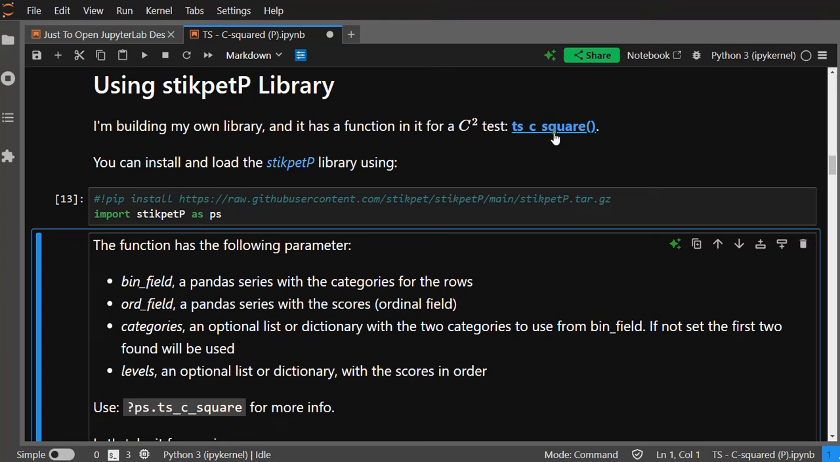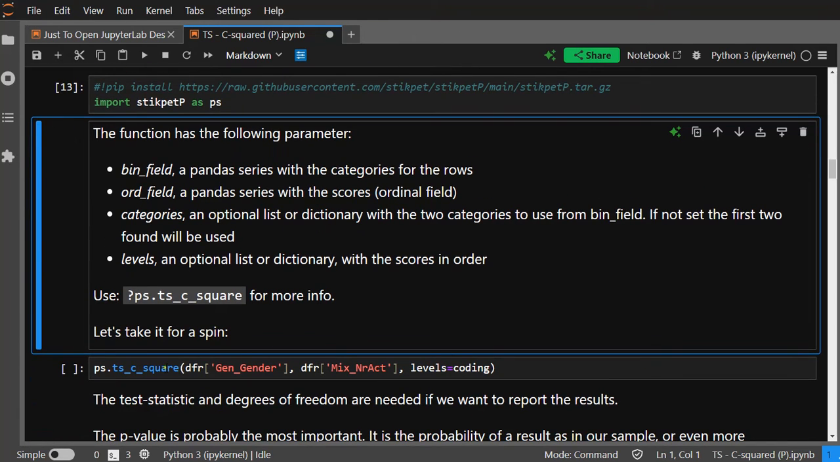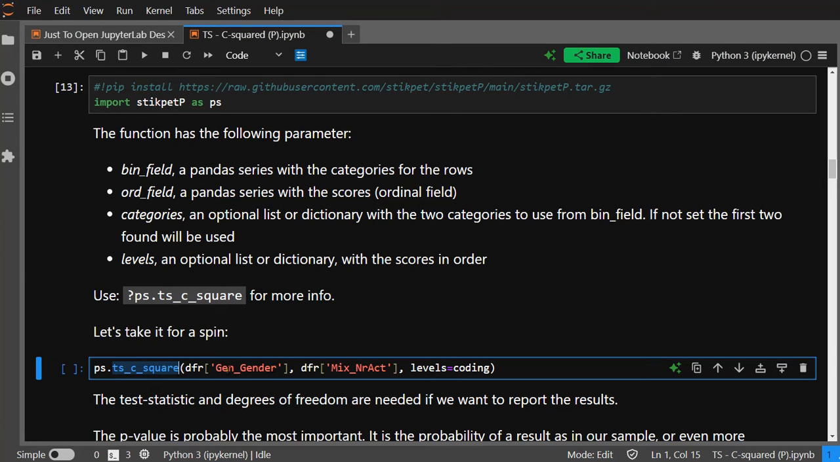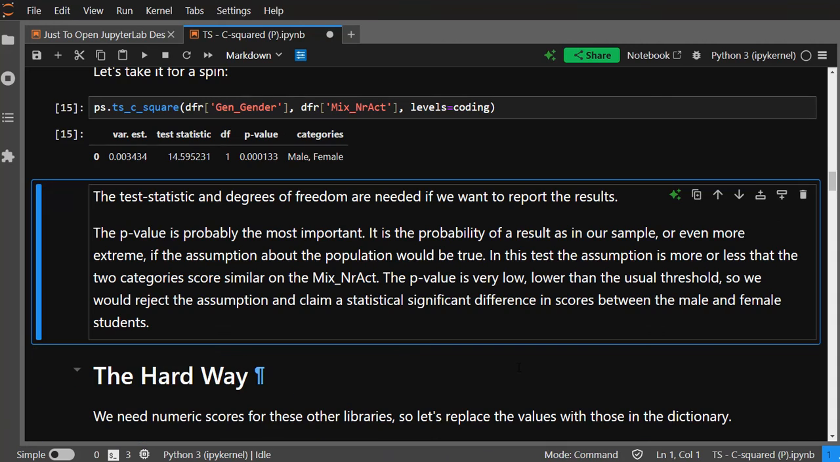The function of interest is tsc square, which takes as input the binary field and the ordinal field. If your binary field has more than two categories, you can actually specify the two you want to use for this test and the two you want to compare. And levels, as in this example, if your ordinal field is non-numeric. So that's what I've done here. I simply fed it the two fields and my levels, and that should give me a data frame with the